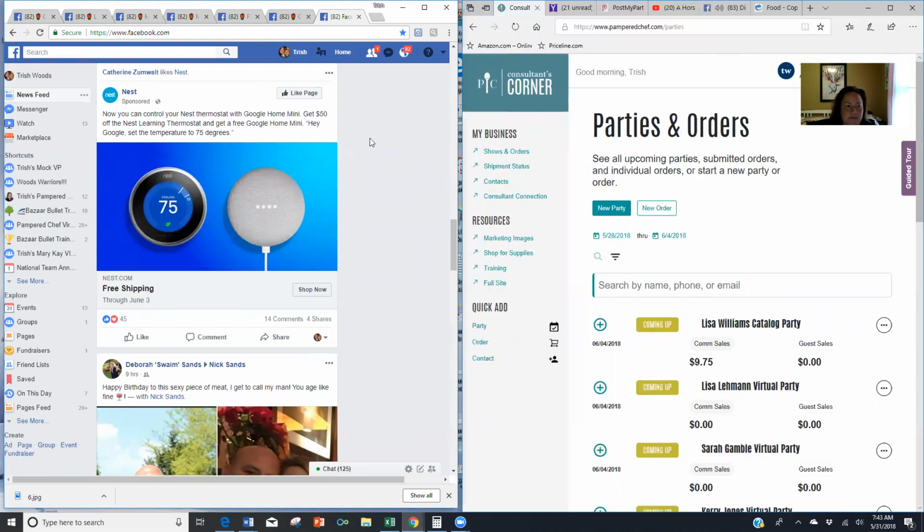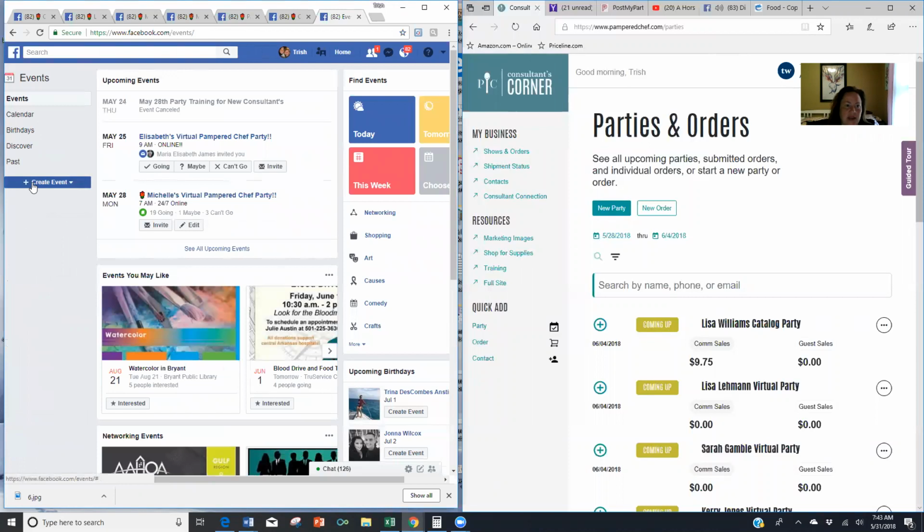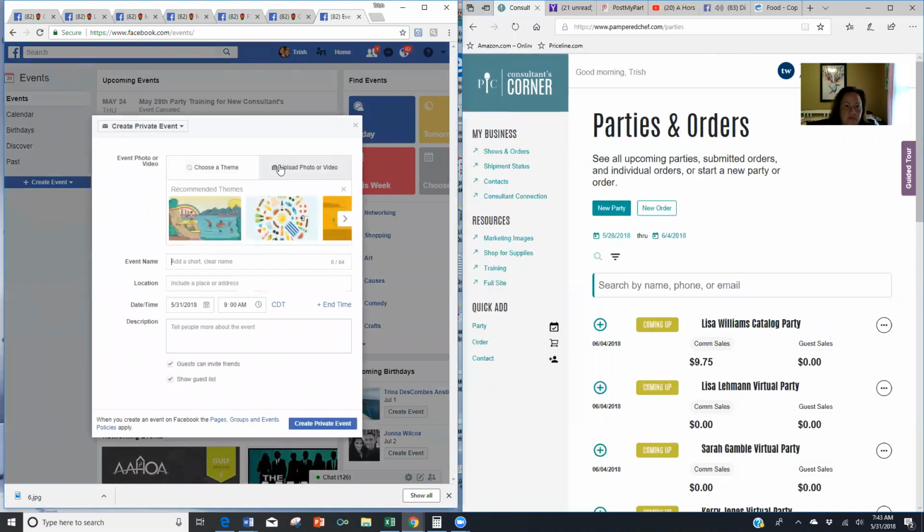Okay, so what you want to do is you want to go to events. You want to click create event. And it's always going to be private. To upload a photo,